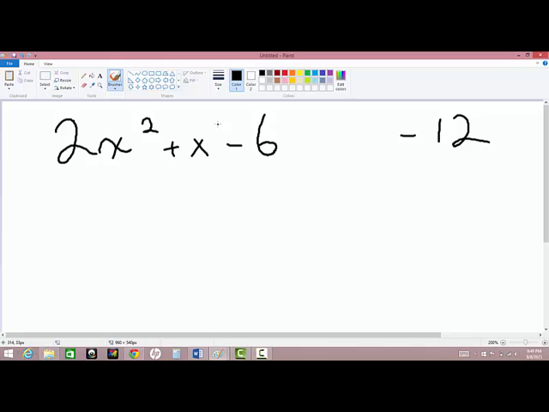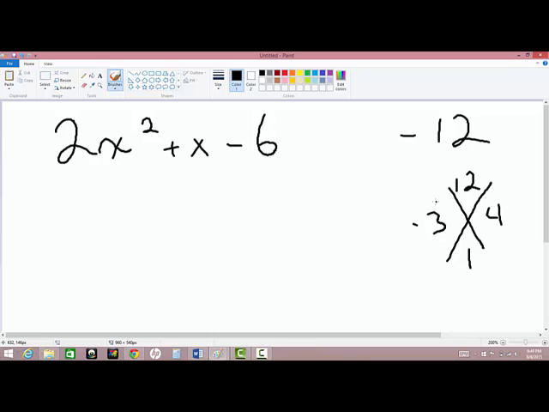So what two numbers would those be? Well, we're going to go ahead and look at those two. It's going to be negative 3 and positive 4. So if we continue from what we've been doing on our cross puzzles, we know it's negative 3 and positive 4 that when we multiply give us negative 12, but when we add them will give us a positive 1. So the negative 3 and the positive 4 are going to be extremely important in finding the factors that